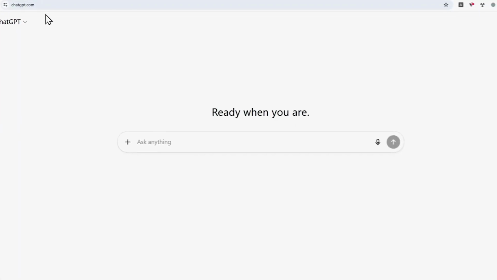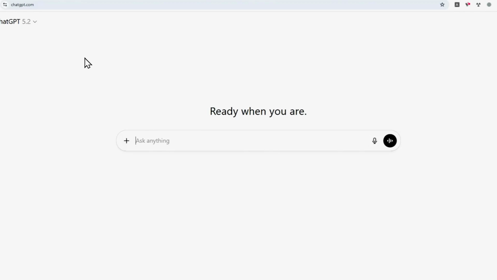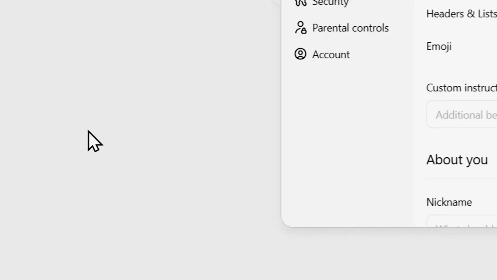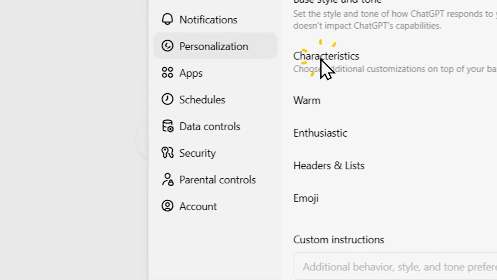So let's open ChatGPT. And by the way, this feature is available for both desktop and mobile app version of ChatGPT. And here I'm using the desktop web version, but don't worry, I'm going to talk about the mobile app version as well. Now click the profile picture down here, go to personalization, and you'll see a new section called